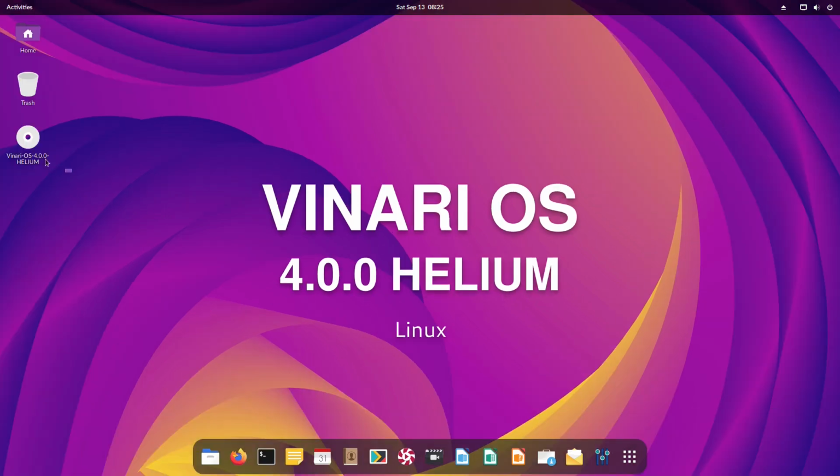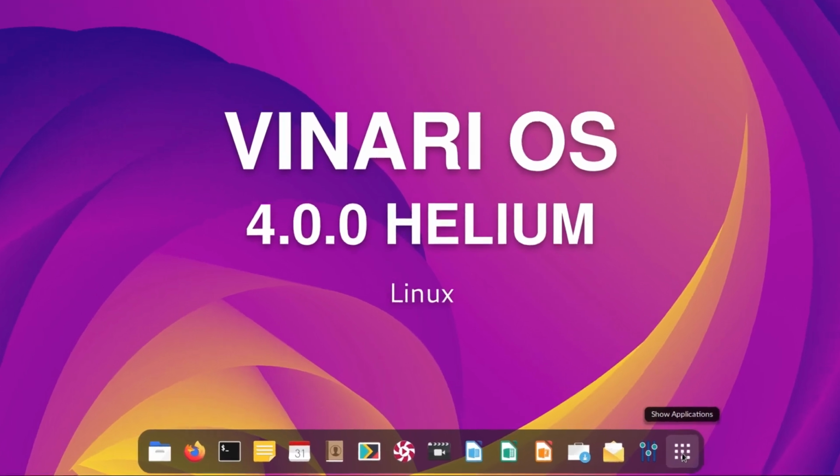Alright, and then on this system, we also have some desktop icons. We have the home folder, or trash, and whatever your mounted drives have on them. And then on the bottom, we have our dock panel. And this dock panel has quite a bit of stuff pinned to it. So going from right to left, we have our show applications,